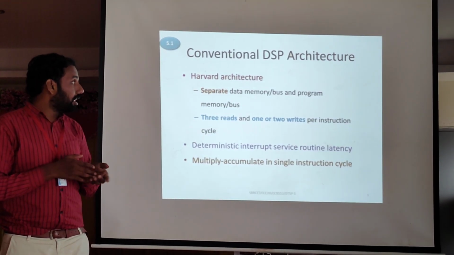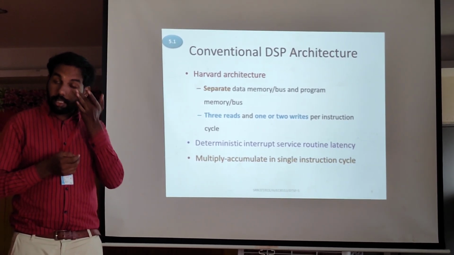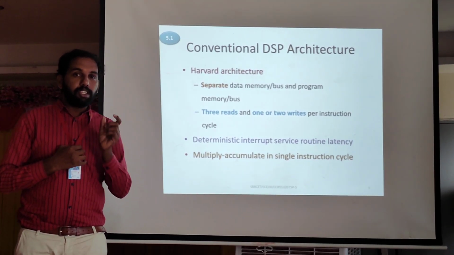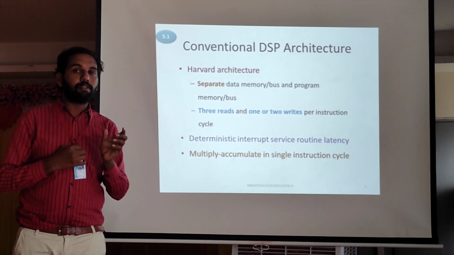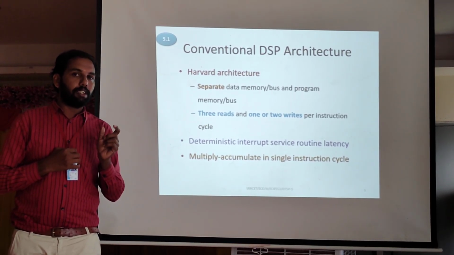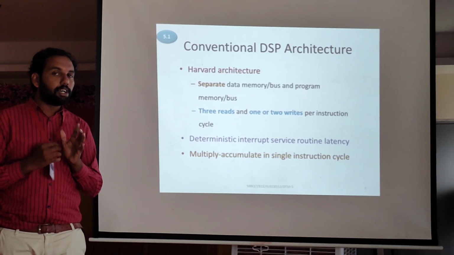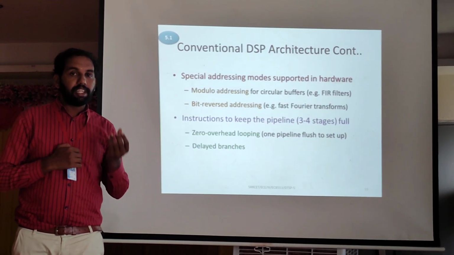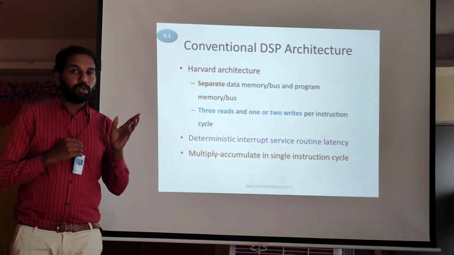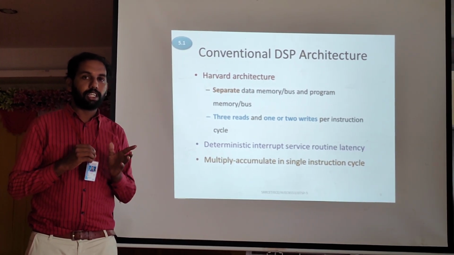Next we are going to see the main conventional architecture types. The conventional architectures are the Harvard architecture and the von Neumann architecture. These were the very first architecture types developed. The von Neumann architecture has a single memory and a single CPU. Meanwhile, the Harvard architecture has separate memories but a single CPU. This is the difference between the two types of architecture. These are known as the conventional DSP architectures.